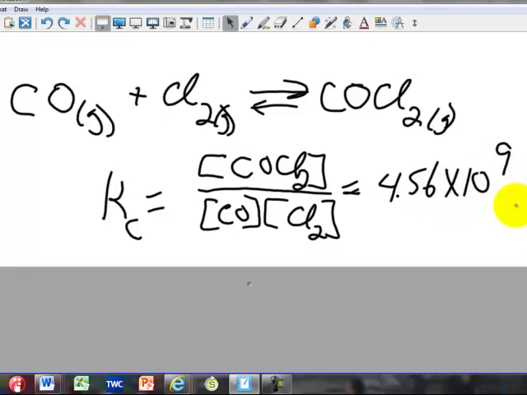By the way, you'll notice there's no unit here. Values of K are in fact unitless. Let's think about what this number means, though, this 4.56 times 10 to the 9th. If you think about this as a fraction, the fact that this is a big number must mean that there's more of this than there is of these guys. In contrast,